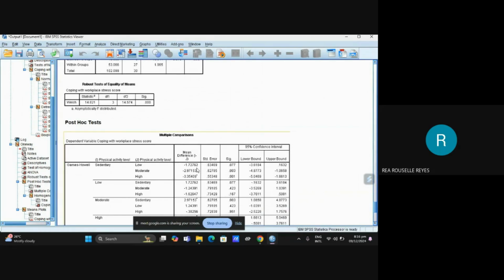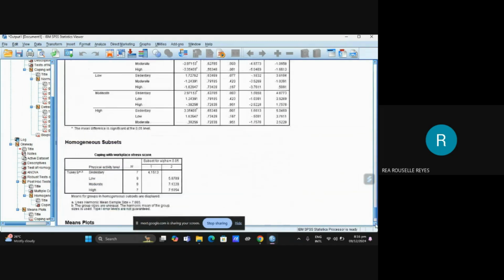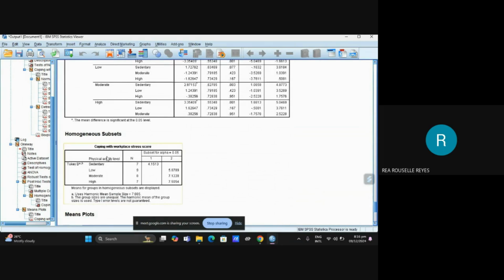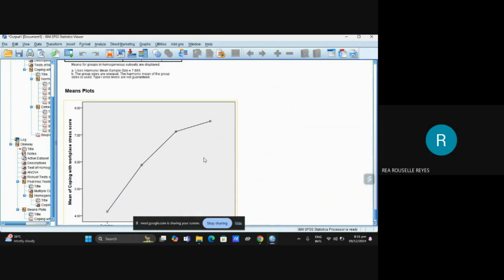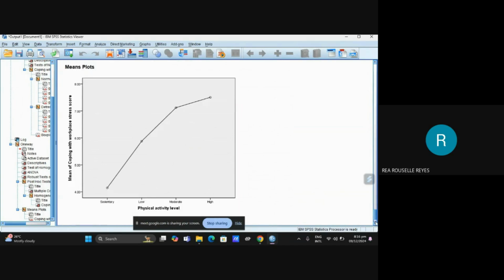In multiple comparisons, you can see the mean differences, the standard error, the significance, and the 95% confidence interval, which is the lower and the upper bound. We have also the homogeneous subsets, where the means of groups in homogeneous subsets are displayed. And then, of course, this is the means plot.